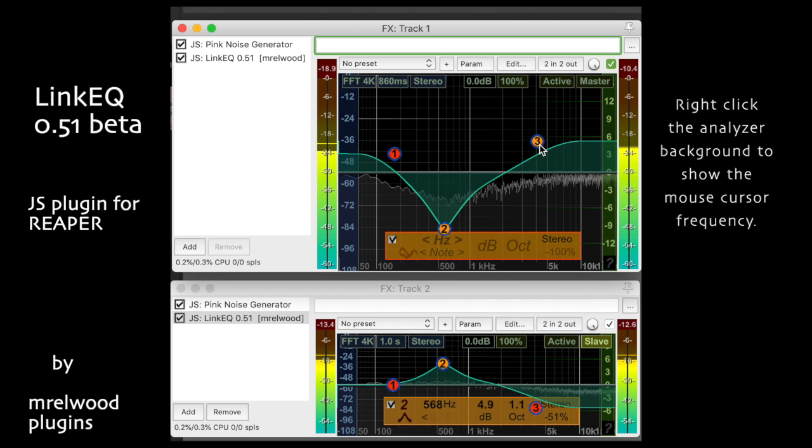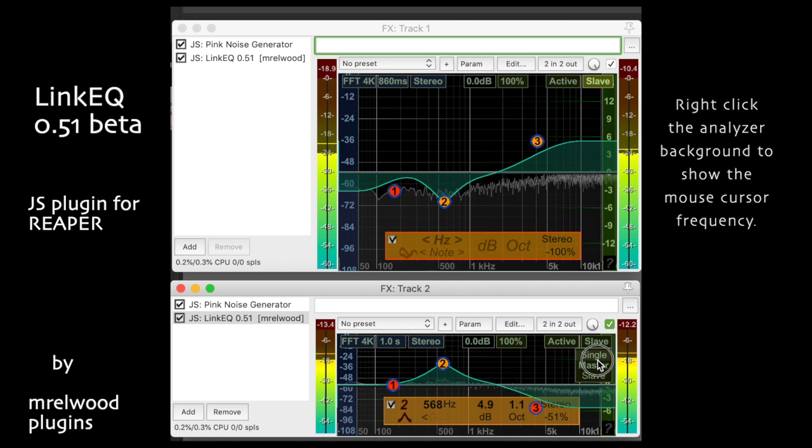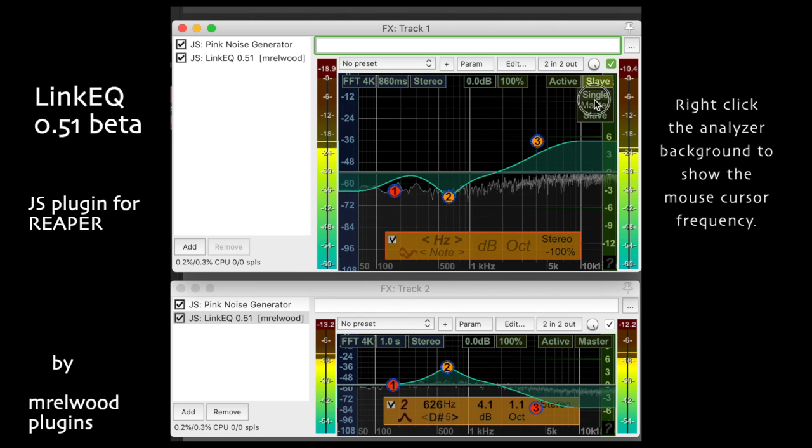Or disable the points. If you now put the master plugin to a slave mode, the slave instance will automatically detect and switch to master. It doesn't update the display yet quite properly. And just as well, if you set the slave to master, it will take the lead and the other ones will follow. That's the basics,